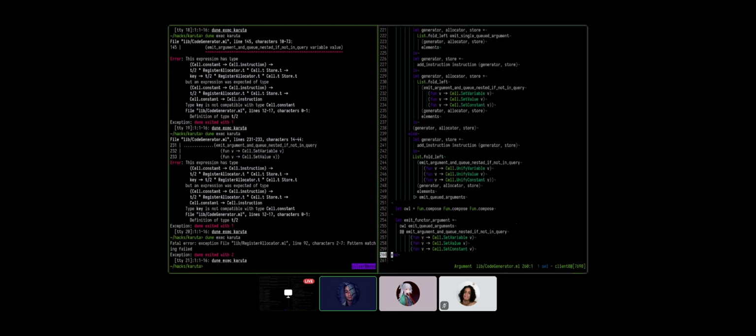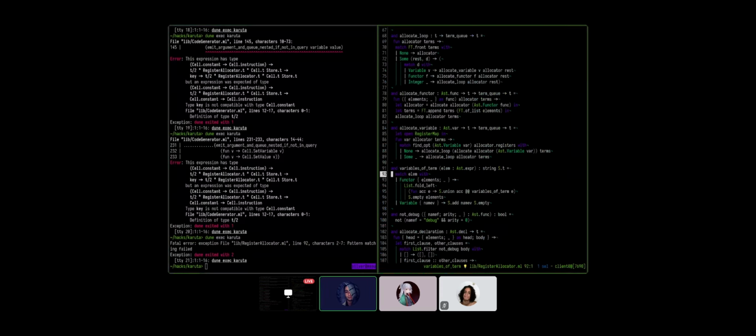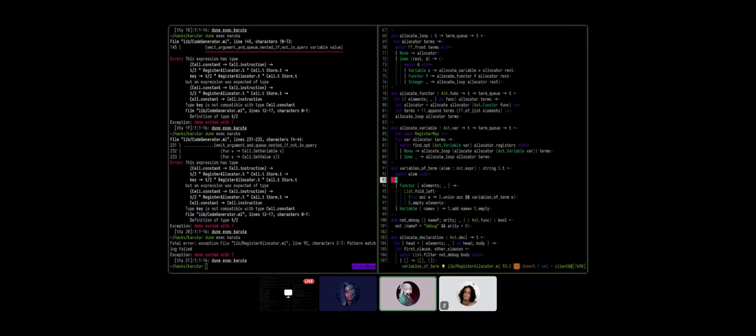That was weird. The register allocator is broken now. The register allocator is unexpected. Could you go there? Line 92. I'm actually a little bit surprised. Oh, no, actually this makes sense. This makes perfect sense. Oh, but why did the compiler not tell us this before?